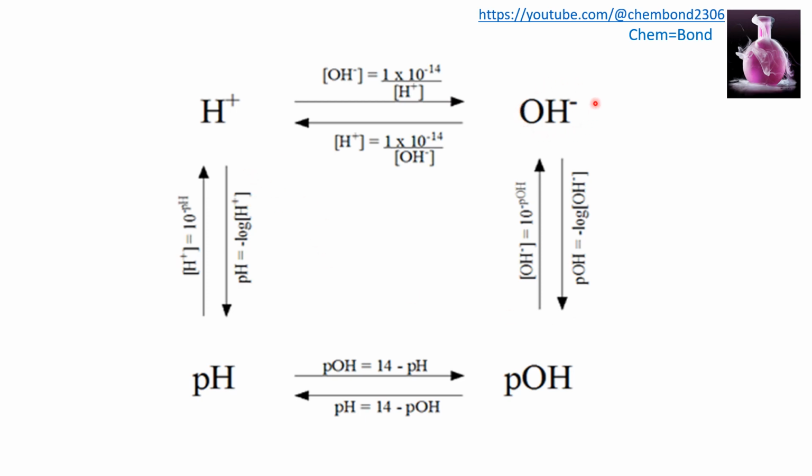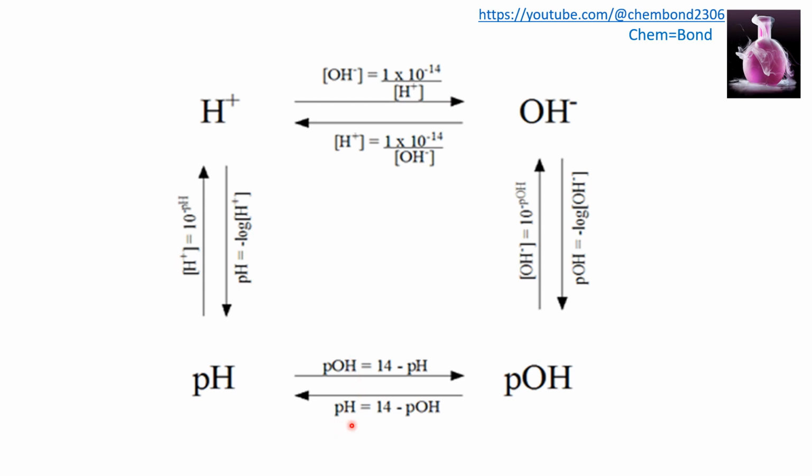Similarly, OH, the hydroxide ion, can be converted to pOH using the formula pOH is equal to minus log of hydroxide ion. In a similar way, pOH can be converted to hydroxide ion using the formula hydroxide ion is equal to antilog of minus pOH. Similarly, pH and pOH can also be interconverted using the formula pH plus pOH is equal to 14. So by shifting pH and pOH to the other side of the equation, we can find the pOH and